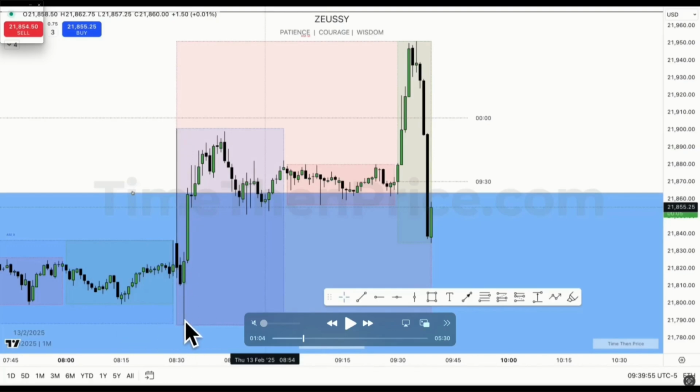Sell side liquidity resting below the 7 to 830 low gets taken out. We then see the market reprice higher, creating this large imbalance right here. Notice that in advance of this imbalance, you can see that we have sell side liquidity engineered right here below these relative weak lows. We see consolidation taking place between 9 to 9:30. 9:30 runs higher, and this is what I mean with that statement of trapping buyers into believing higher prices are